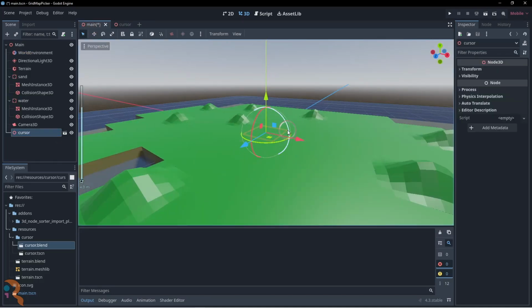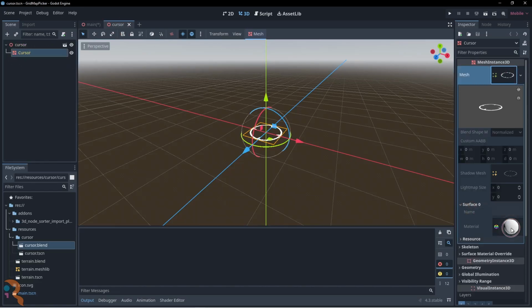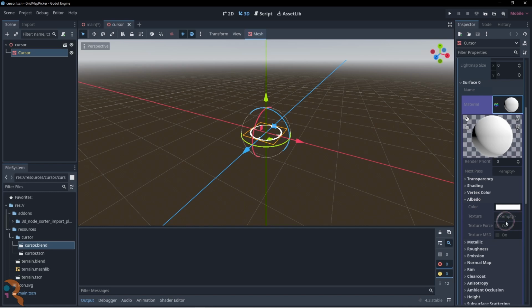To make sure that the cursor is always visible even when it is behind other objects, we can override the default material and use a shader made this way.